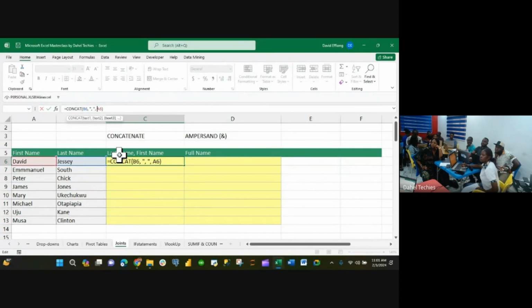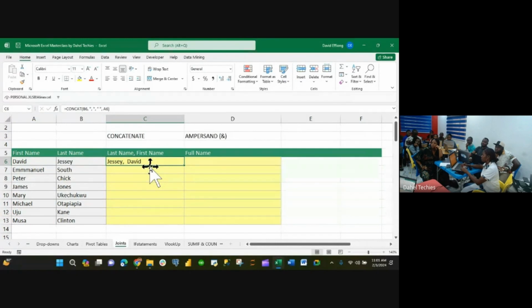All right. Let me do this. Can you see it works? I told you guys, right? When you insert a comma, it is considered to be a character. The same way you put comma when you selected Jesse. When you selected Jesse, you put comma, isn't it? That's the same way you put comma as a character and then put comma so that Excel will understand that comma to be a character that you want to see.